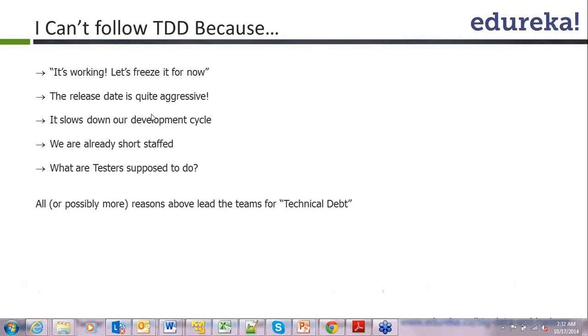Another one: it slows down your development cycle. Now this is very important, and you have to know about it. Your development cycle slows down pathetically with TDD. Then why are we talking about it? Because this slowdown happens for the first two weeks if it is implemented properly. Let's say I am here and Avdesh is there. Avdesh has a different style of working, and I have a different style of working. Now we both are made to sit together and work together. So that initial synchronization, the initial way of communicating with each other, and these practical aspects do come. Whatever code we would have produced individually, we might be producing only a quarter of it within the first two weeks. But once you spend those two weeks,